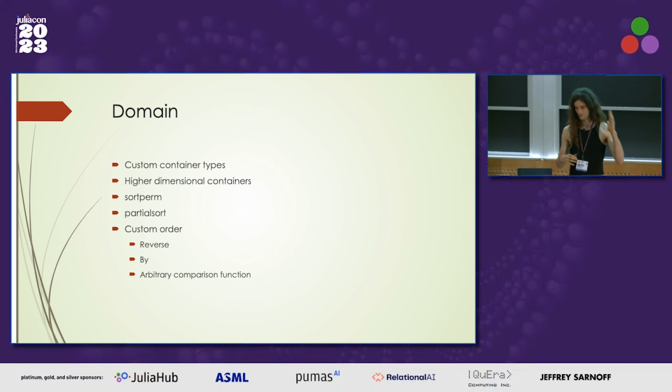That's like a matrix or just an n-dimensional array, which will sort each slice as opposed to sorting the slices. Anyway, we want to get sortperm as well, which is getting a permutation that will put your data in order. So if you have a data frame and you want to sort it according to the first column, you might want to get the permutation that would put the first column in order and then apply that permutation to all the columns of your data frame. So in general, sortperm is something that we provide,